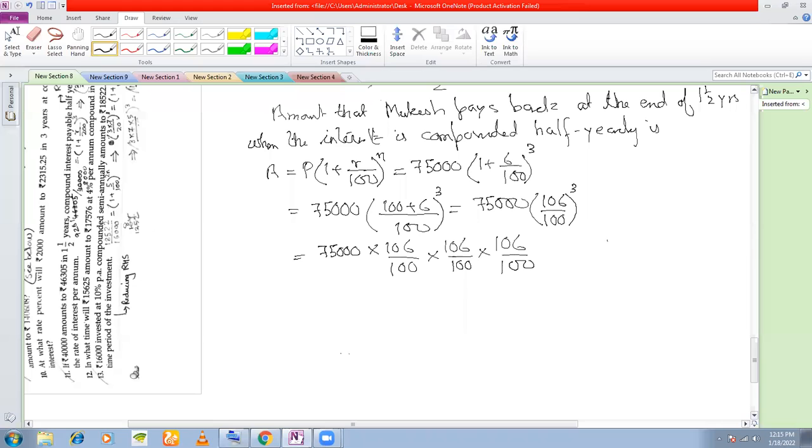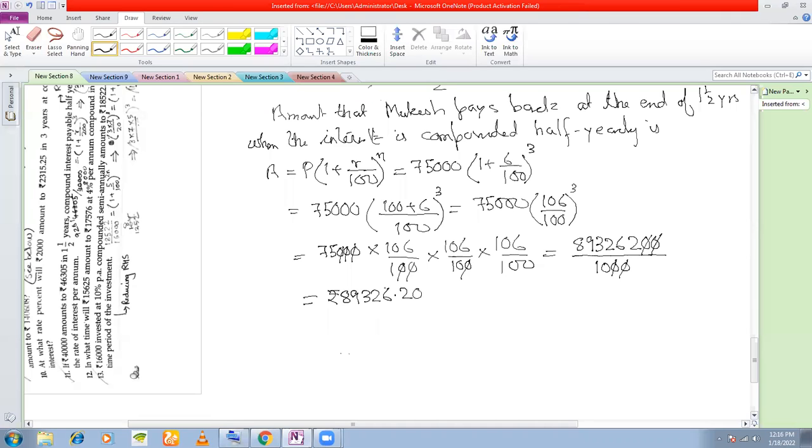Okay, so now certain zeros are going to cancel. 3 zeros will cancel here, right? So now if you multiply 75 into 106 into 106, you are going to get 89326 2, divided by 3 zeros in the denominator. You're going to get 2 zeros in the numerator and 3 zeros in the denominator, from which now 2 zeros are going to cancel. Now you can shift one decimal to the left to get the amount as rupees 89,326.2